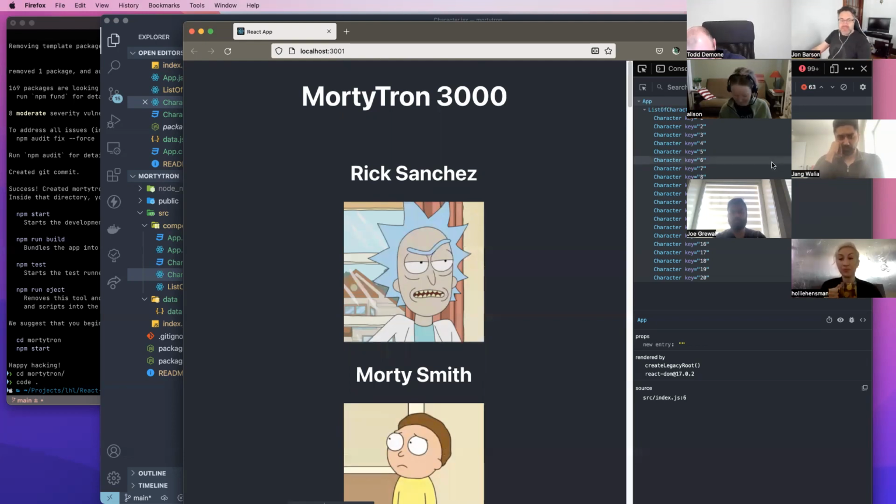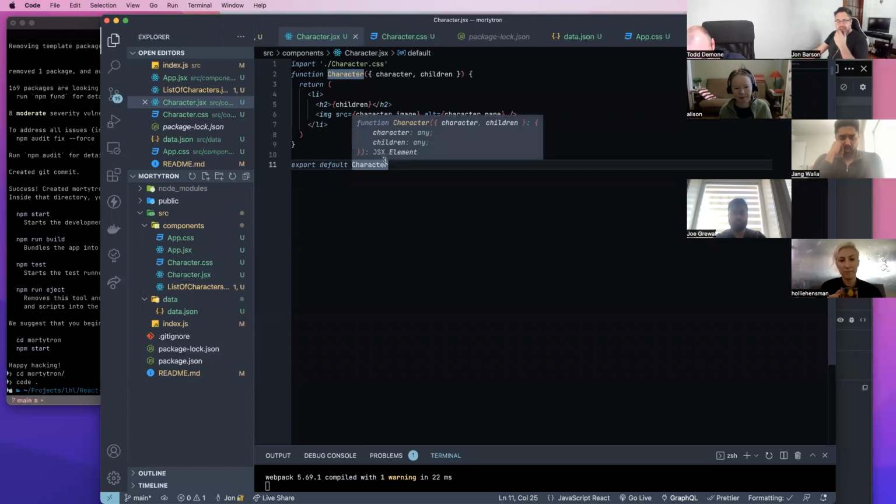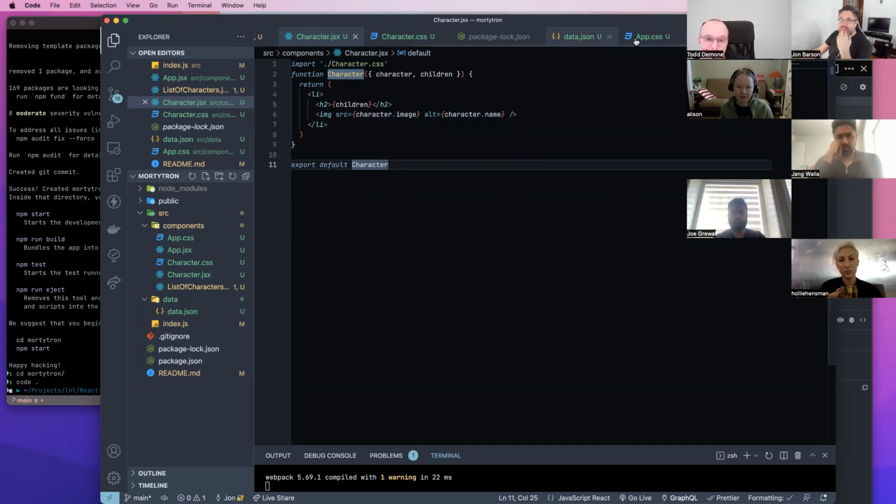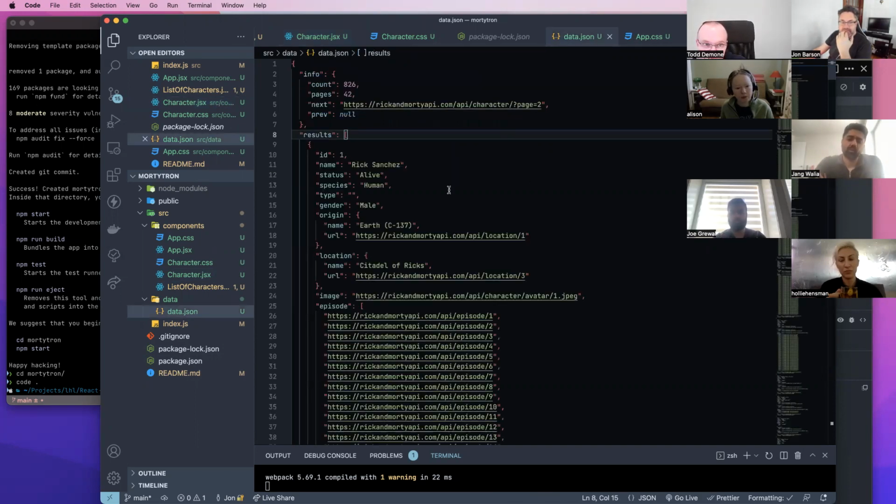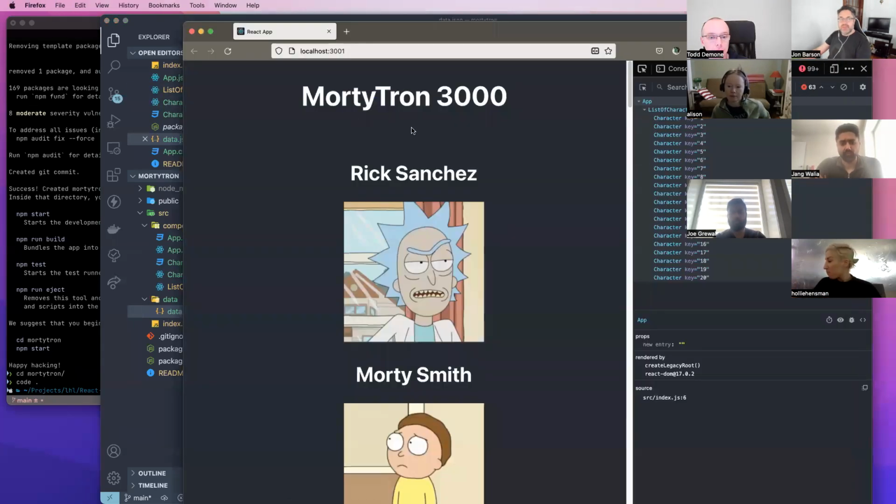So how am I going to actually do that? Let's think about the functionality that we want to give. Let's make it so that when I click on the image, at the very top of the page, underneath Mortytron 3000, I want to have the sentence, when I click on Rick,